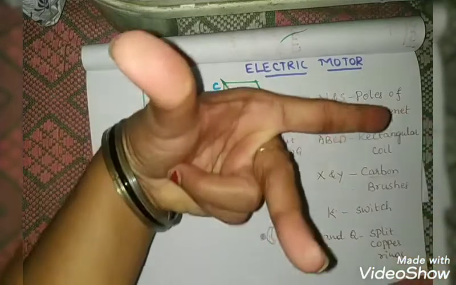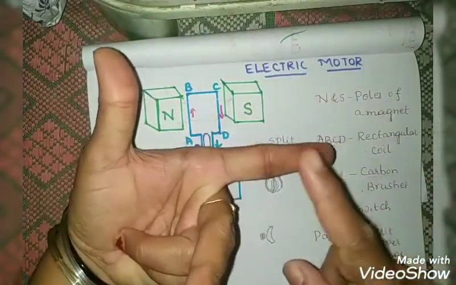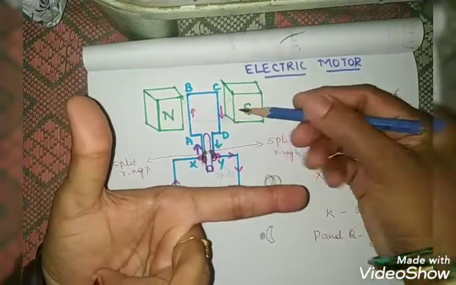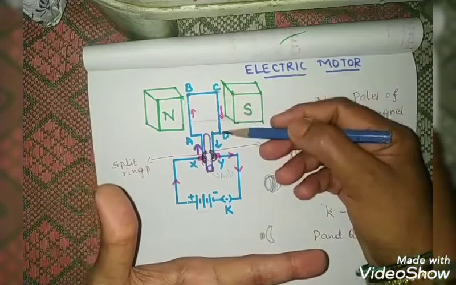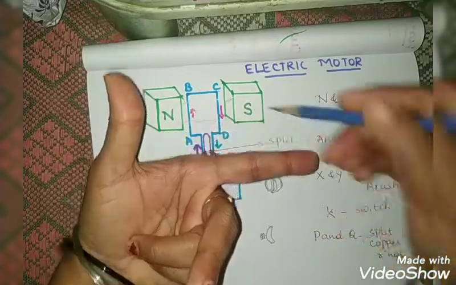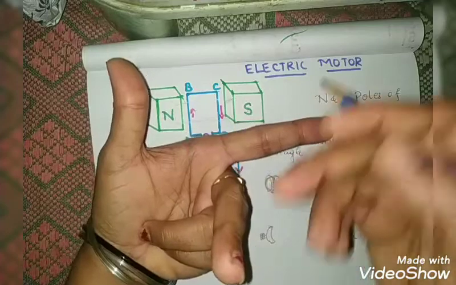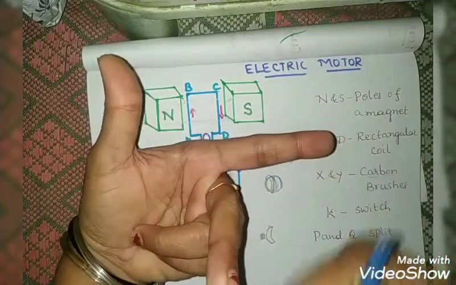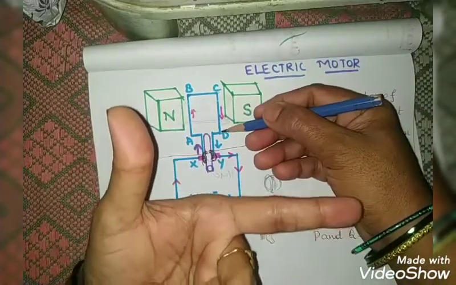You observe here, I have to take the fingers like this now. Otherwise, I can't. Here observe, children, this is the north to south direction. I am applying Fleming's left hand rule for arm CD now. This is the magnetic field, N to S. And this is the direction of current, this way. You can observe here, the arrow mark is towards me, isn't it? So it is in this direction.